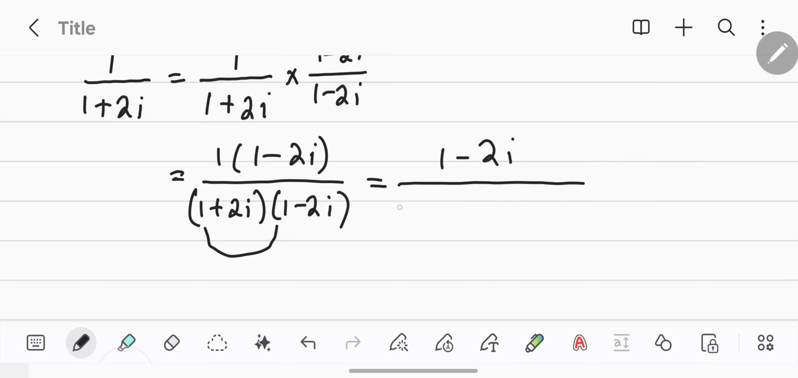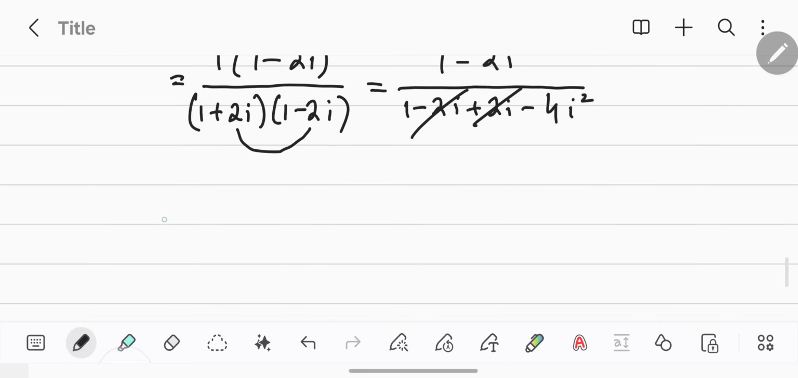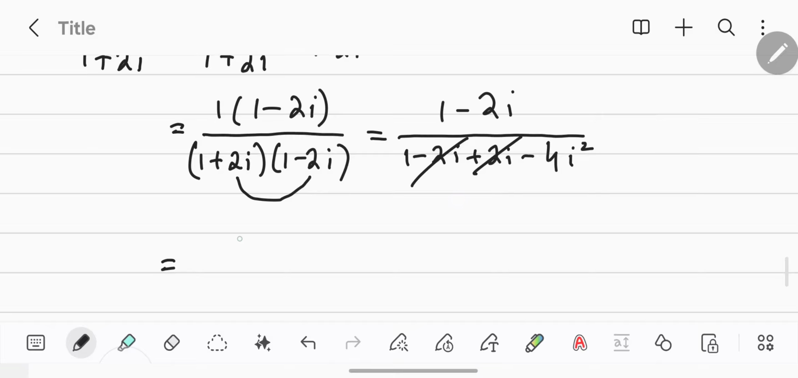And multiply this 1 with 1, minus multiply this 1 with 2 iota, it will be negative 2 iota. Now multiply 2 iota with 1, it will be plus 2 iota, and then this with this, minus 2 iota, 2 square iota square. Okay, 2 times 2 is 4 iota square. Okay, cancel this plus 2 iota with minus 2 iota. So you will get 1 minus 2 iota divided by